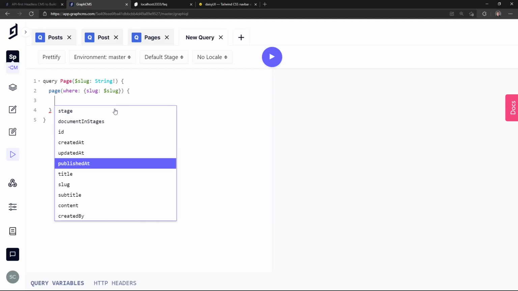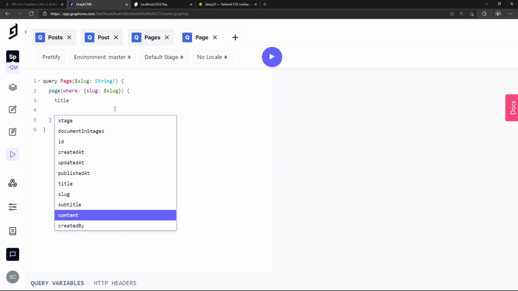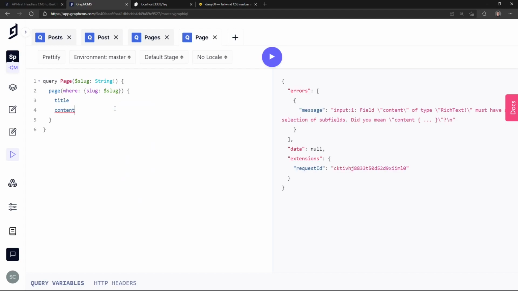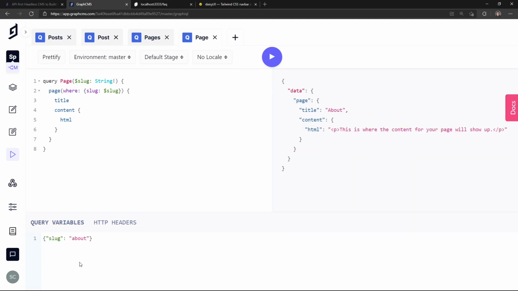Okay, so I want the title and the content HTML. Let's try running that. Variable slug must be defined. Okay, so go over to the query variables here and add one for about. Enter, and we get the information for the about page. So let's jack that